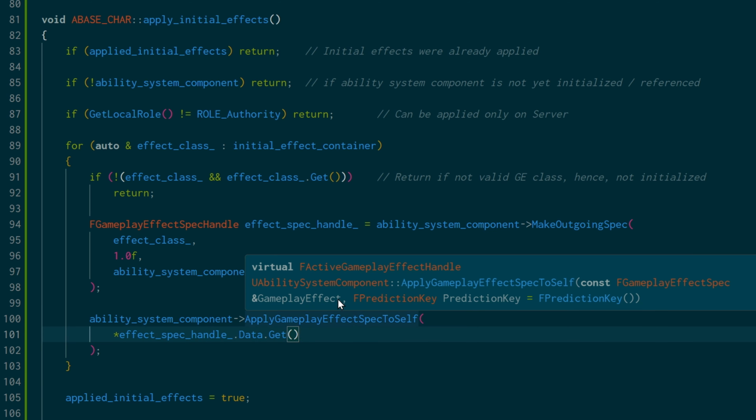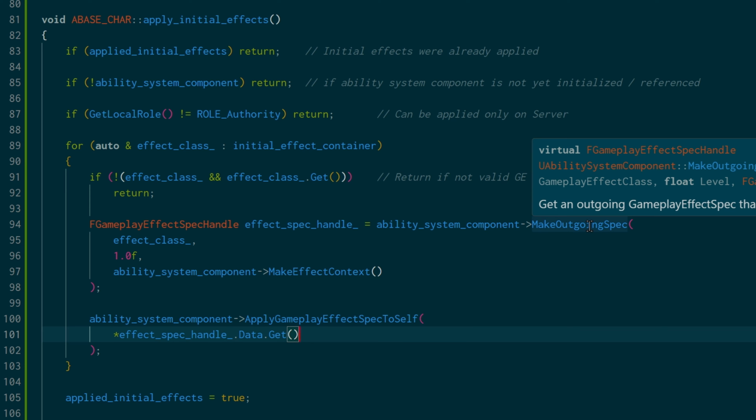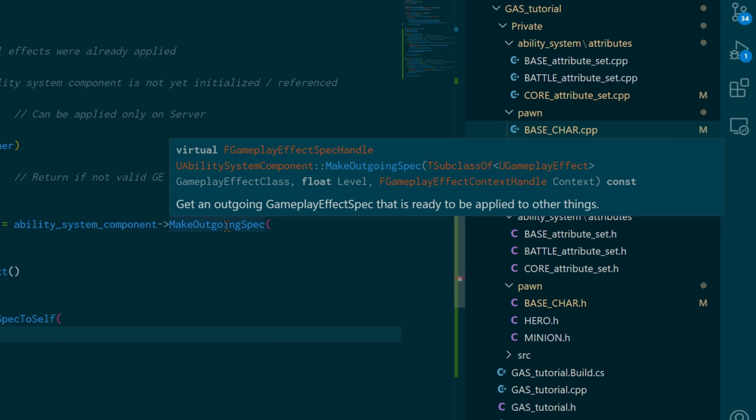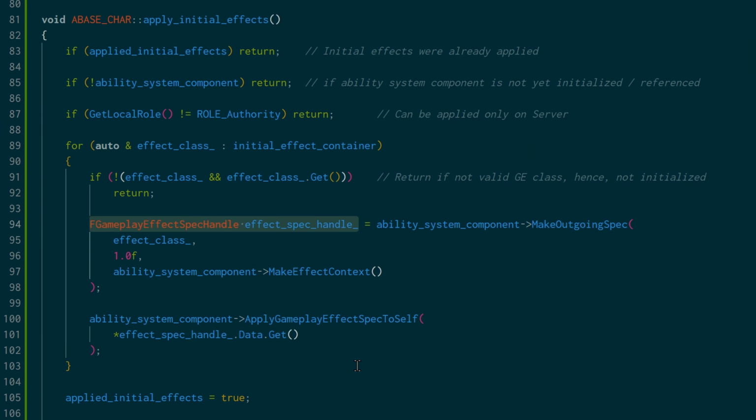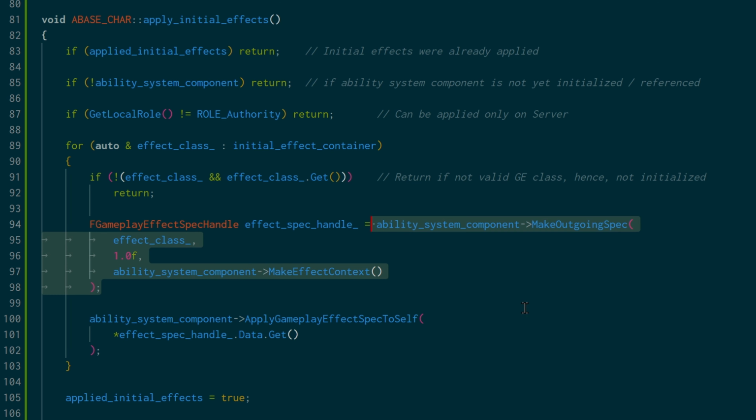where we need to pass a gameplay effect spec by reference. Just like in blueprints, we need to call the ability system's make outgoing spec method, which will give us an outgoing effect spec, but not as you expect. It won't return an F gameplay effect spec, rather something known as an effect spec handle. So technically, you will have to declare an effect spec handle that references the return value of this ability system's